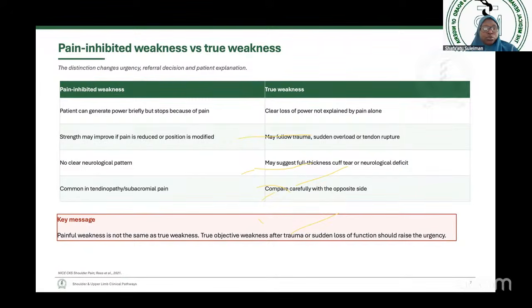Whereas in true weakness, there is clear loss of power not explained by the pain alone. So it may follow a trauma, obviously, sudden overload or tendon rupture, and it may suggest that there is a full thickness cuff tear, or neurological deficit. And it's very important for us to compare carefully with the opposite side in most cases. Because if it's in the shoulder,